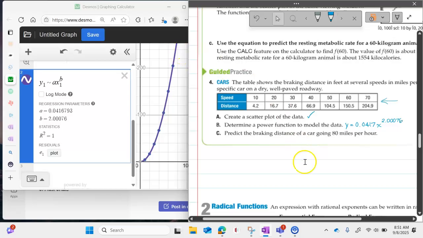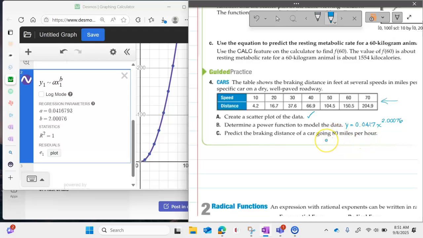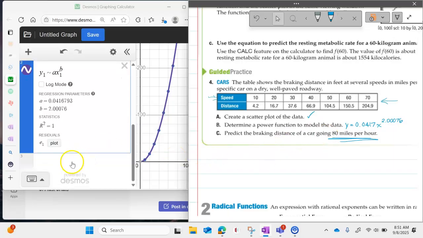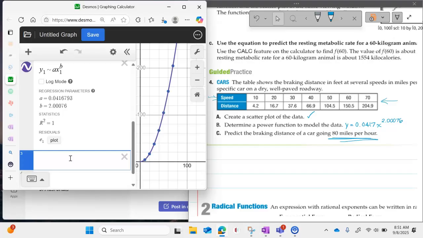Now we're going to predict the braking distance of a car going 80 miles per hour. 80 miles per hour is a speed, so they're telling me an x value. So I can type into my calculator 0.0417 times 80 to the 2.0